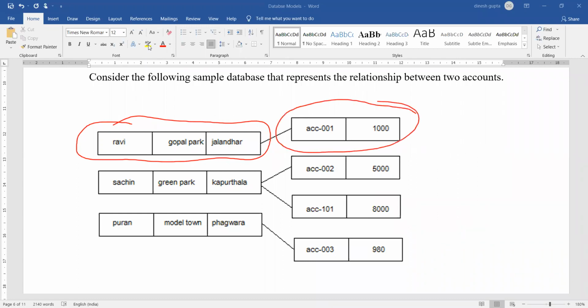What is the name of the first record? The name of the first record is customer, and the name of the second record is account. And as you can see, the lines in between are representing the links. Okay, so I hope this is very clear to you.